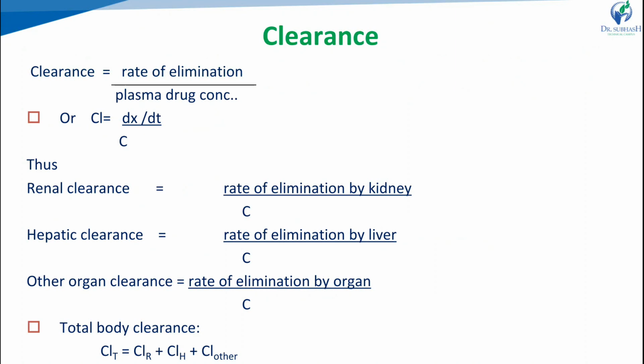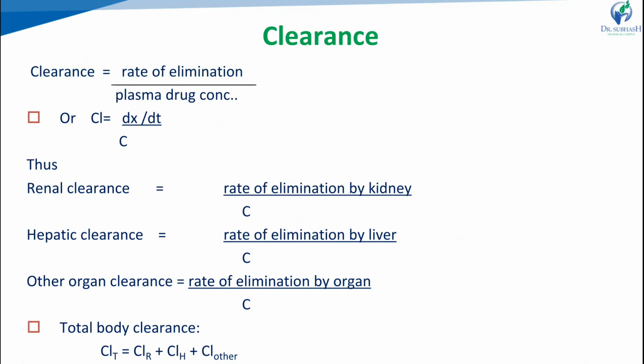And the next terminology is total body clearance, the summation of renal and non-renal, that is, all the clearance. So the equation for renal clearance is the rate of elimination by the kidney divided by plasma drug concentration. For hepatic clearance, it is the rate of elimination by the liver divided by plasma concentration. And for the other organs, other than renal and hepatic, it becomes the rate of elimination by the other organs divided